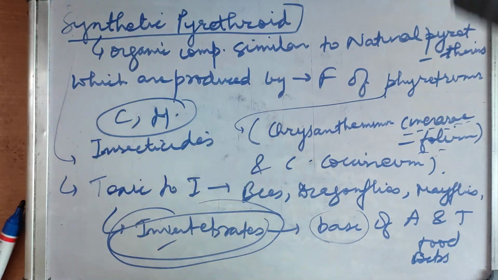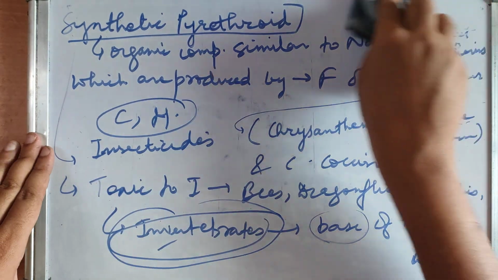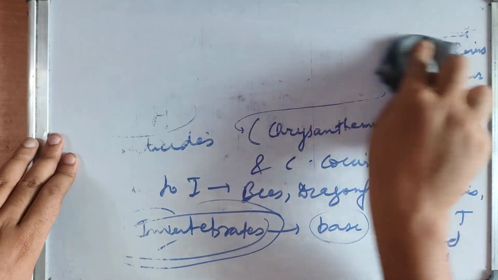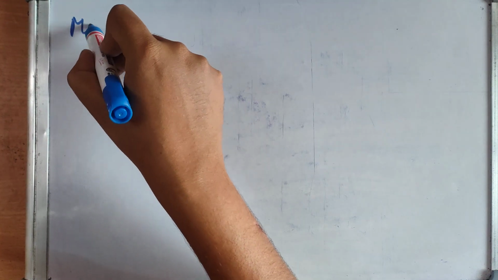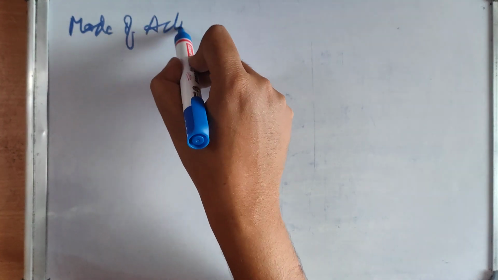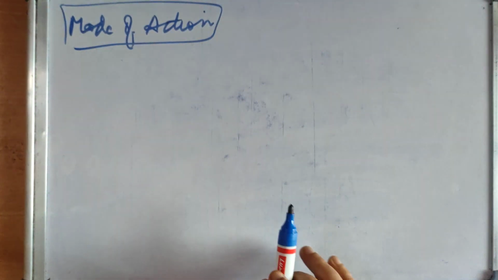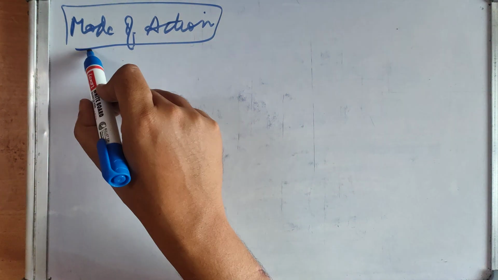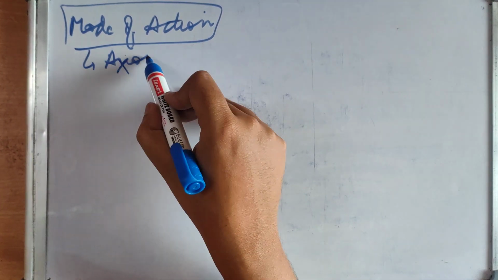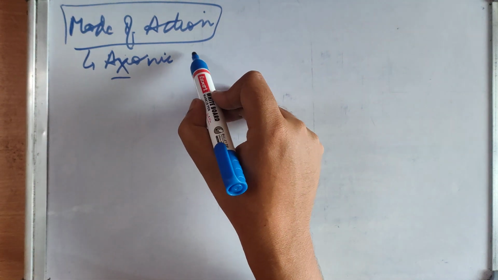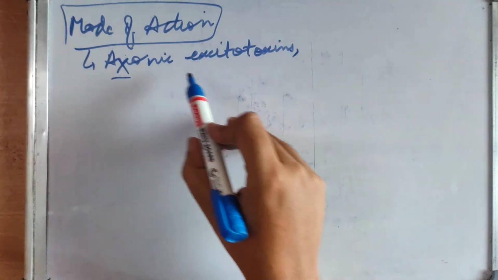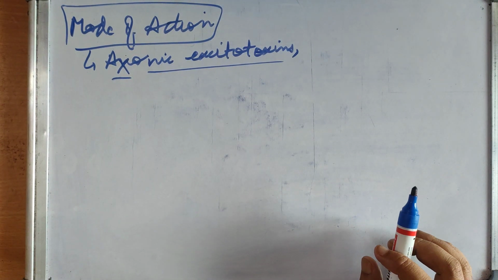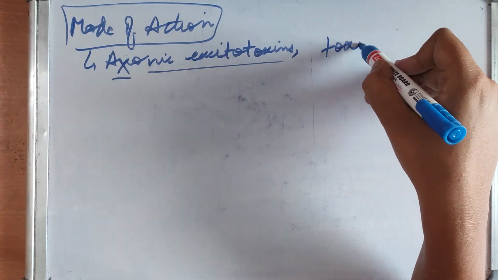Now this was about synthetic pyrethroids. Now what is the mode of action of synthetic pyrethroids? These are axonic excitotoxins. The toxic effects of which are mediated through